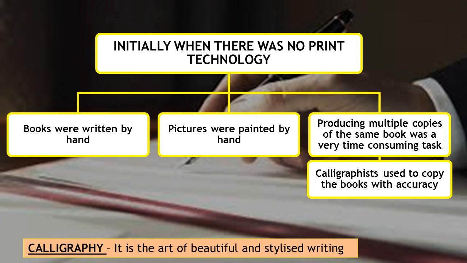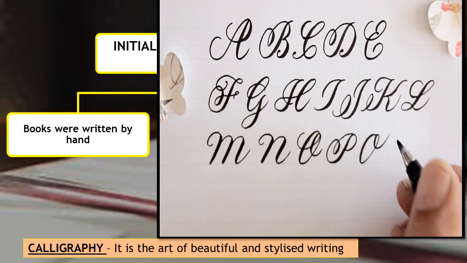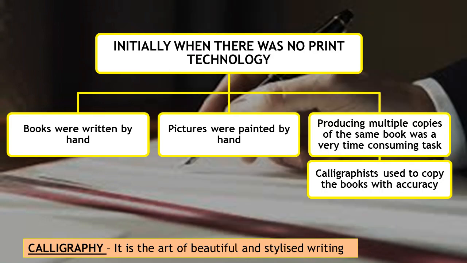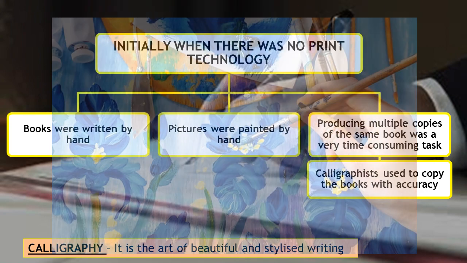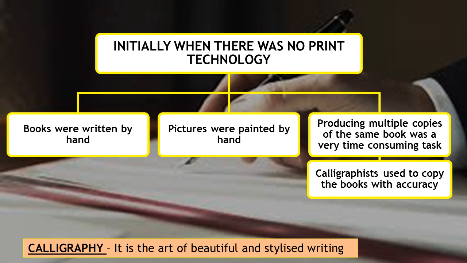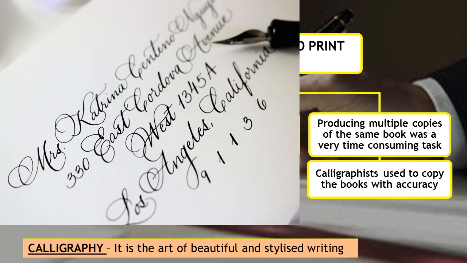So students, how were the books written when there was no print technology? Initially, books were produced by handwriting. That means books were written by hand. And if any picture had to be drawn on the book, card or cloth, that was also done by hand. And suppose the same book is demanded by many people. So multiple copies of the same book had to be produced, which was very time consuming. And the people who used to write the books were called calligraphists, because they knew the art of